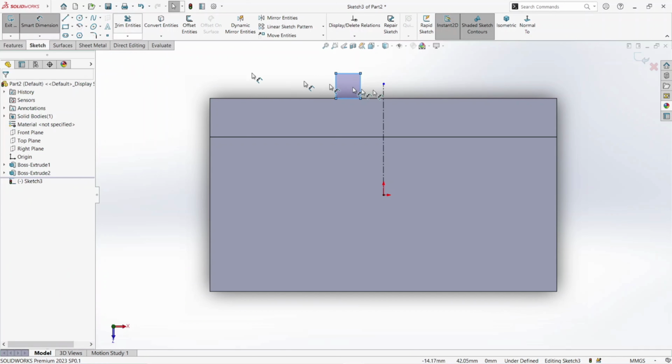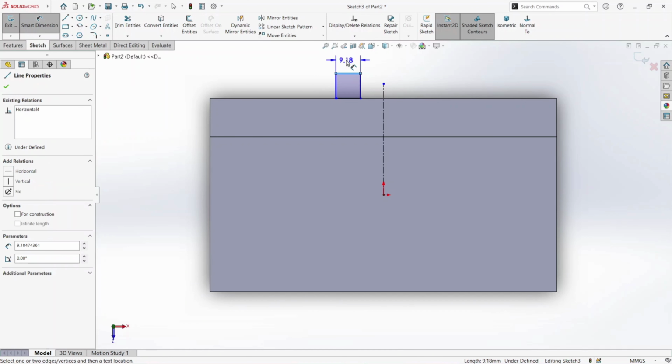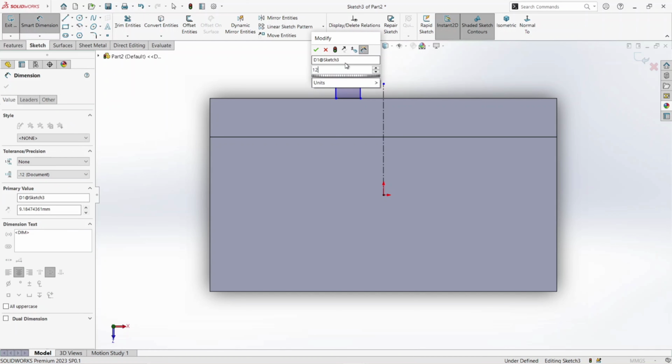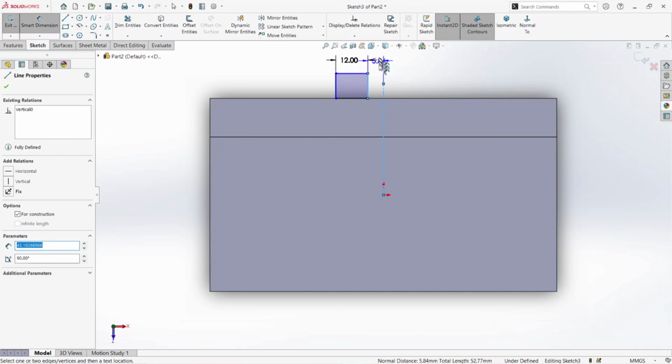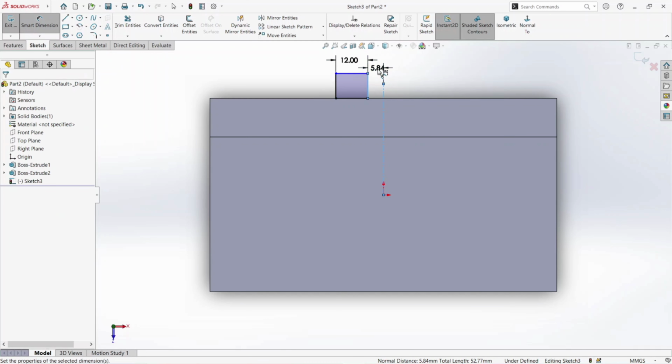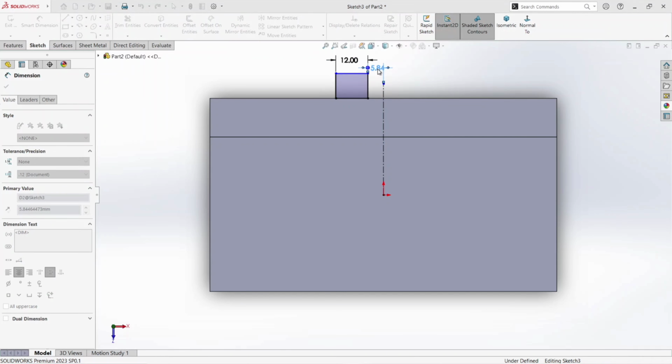Okay, and now give its dimensions. Rectangle dimension is 12 mm and from center its distance is 10 mm